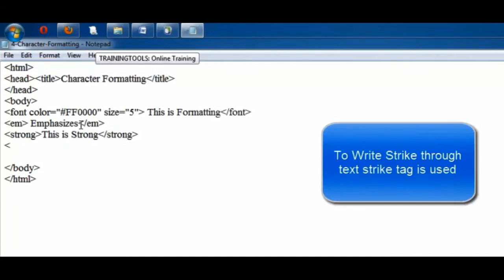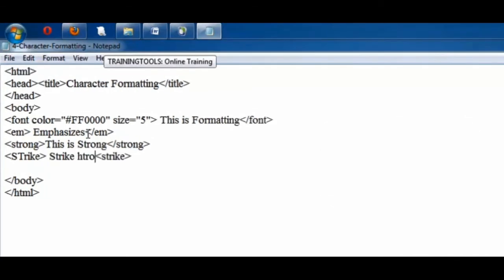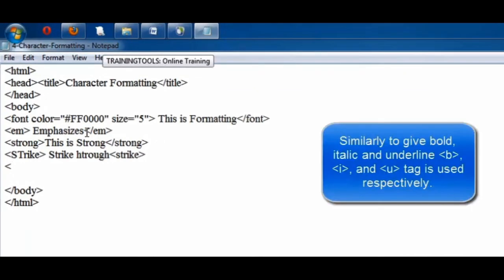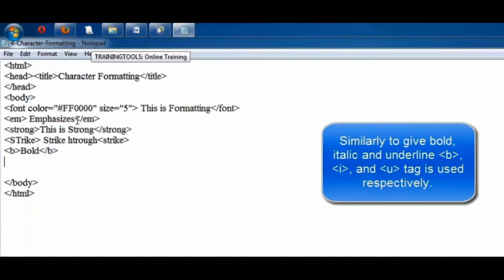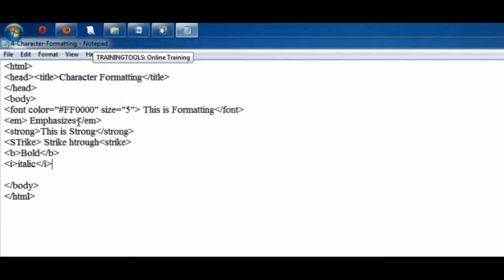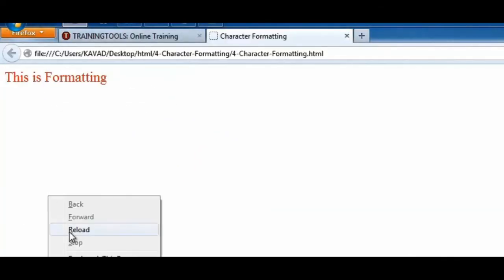Bold also I have told you. We have italic, we have strike through. If you take strike through, there will be a cut in between the fonts. That is, when you write the font, it will be as if you have cancelled. And then bold, italic, underline, we have discussed. These are very common character formatting tags which are used. Now then you can use your italic tags. There are variations, but the method is the same. You just take the on code and off code of these tags.